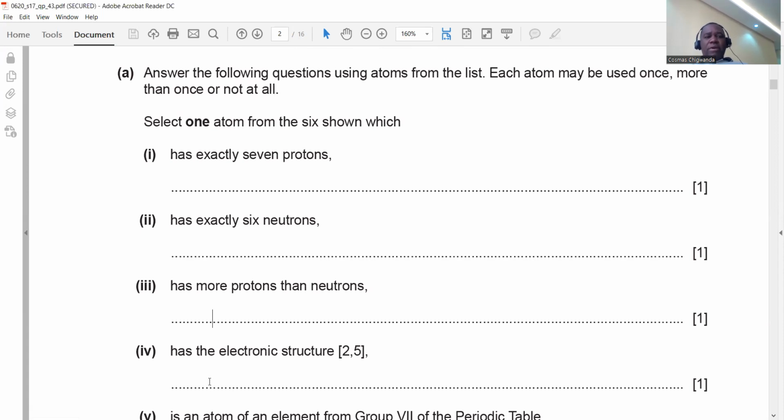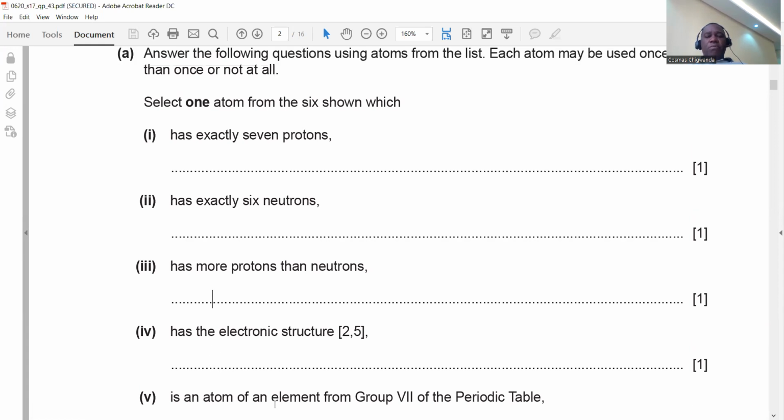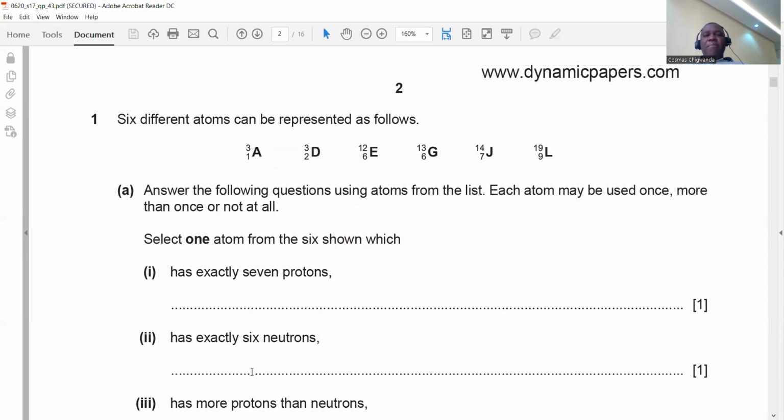Okay, right. Is an atom of an element in group 7 of the periodic table. Okay, is an atom of an element in group 7. All right. Group number is always determined by the number of electrons in the valence shell. Okay, so you have to do the electronic configuration of all the elements. If you do electronic configuration of all the elements, you are going to find out that if you do electronic configuration of